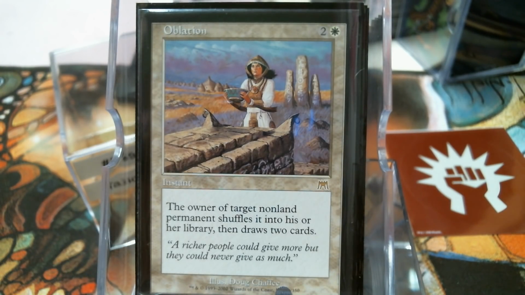Oblation. Now this, I feel like this is one of the better removal spells. It's almost a modal card. If you're going to die, you can shuffle whatever it is that's going to kill you back in their deck. It is an instant. Yeah, they're going to draw 2 cards. If your commander is going to die, if anything of yours that you can't live without, of course, now your commander goes back to the command zone,